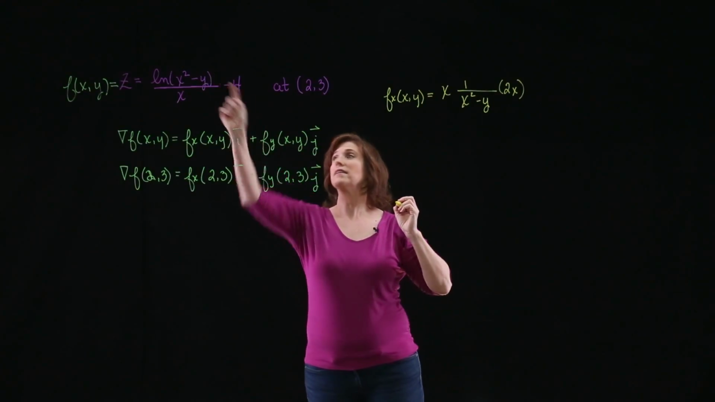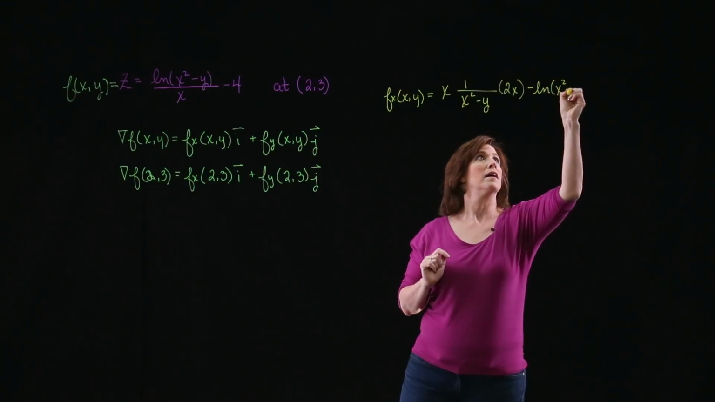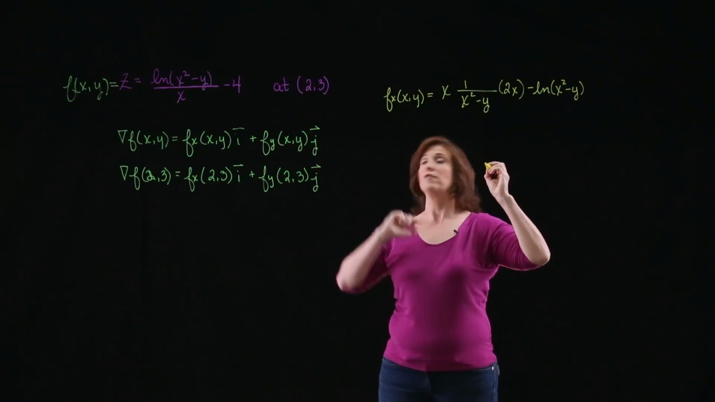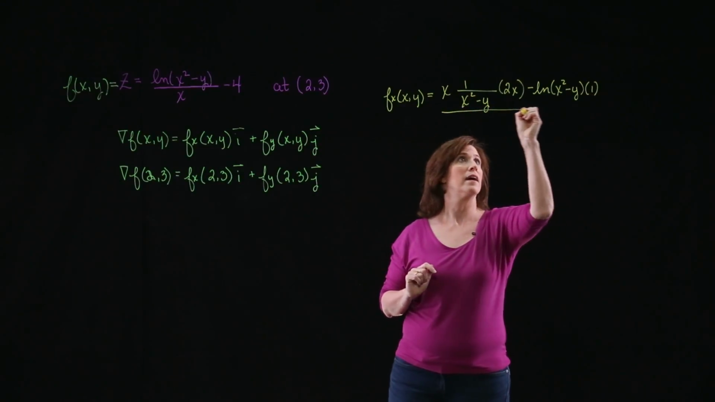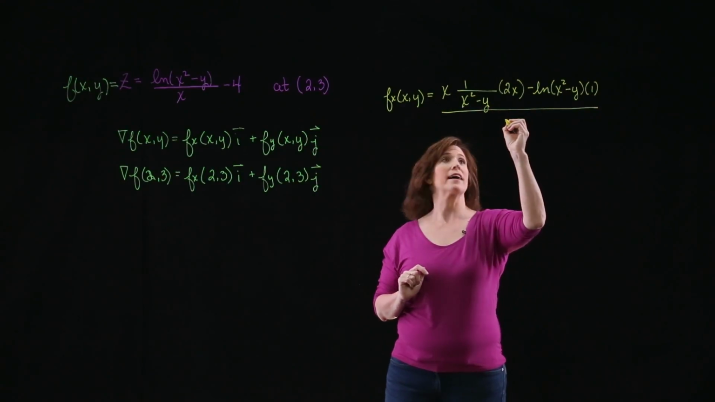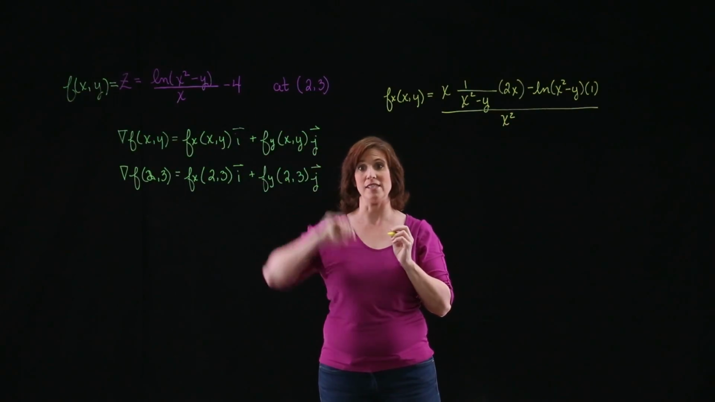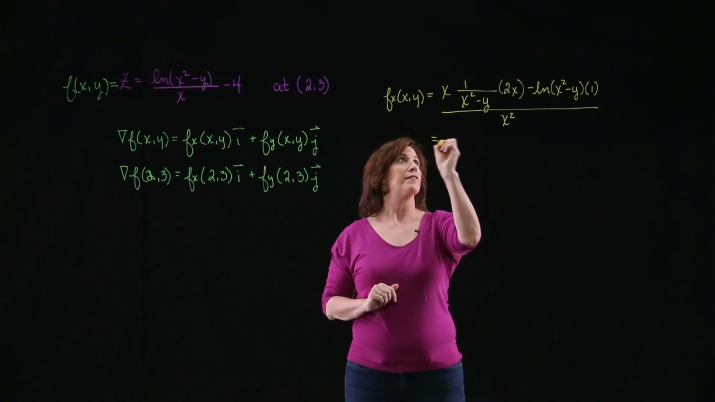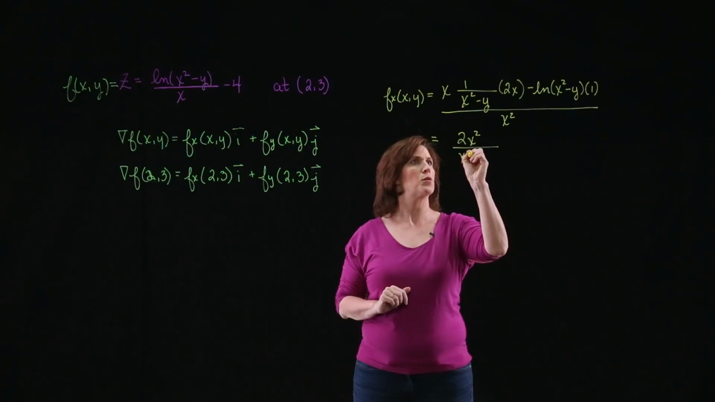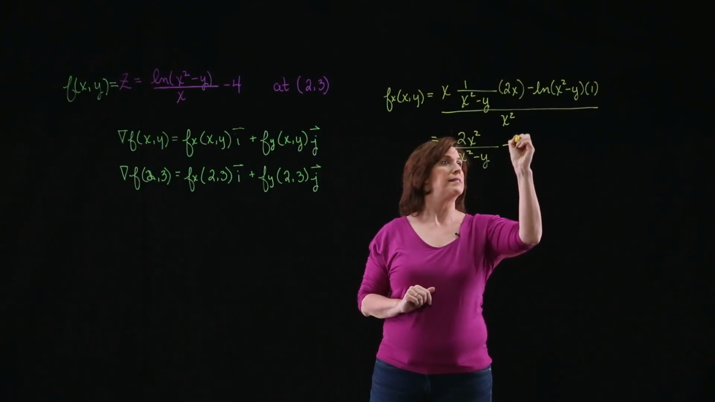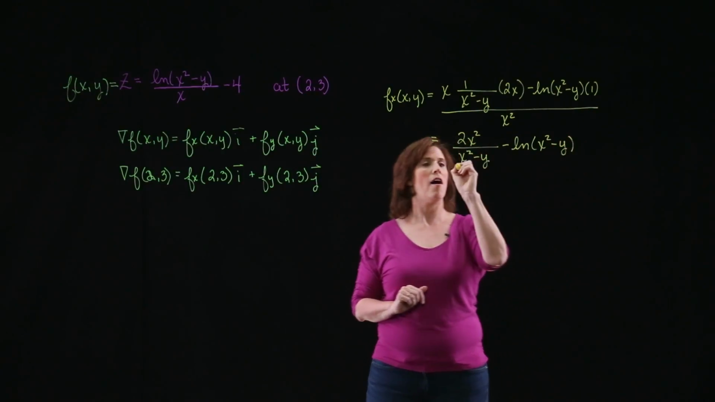Then I have to subtract the numerator times the derivative of the denominator, which is just 1, and divide the whole thing by x squared. And don't forget, I need to take the derivative of 4, but that's just 0. All right, so what do I have? I have 2x squared all over x squared minus y, minus the natural log of the quantity x squared minus y, all over